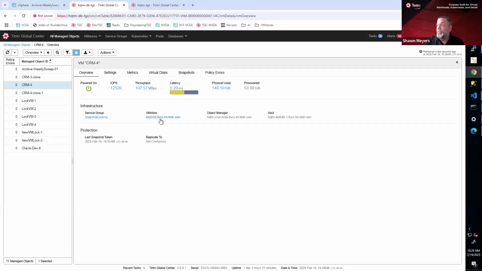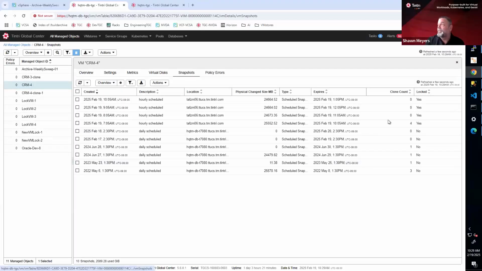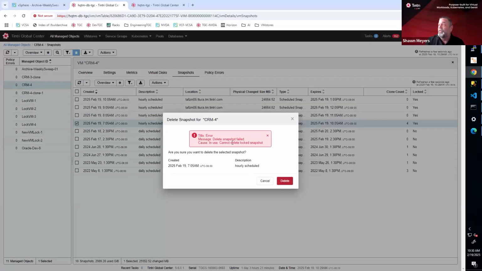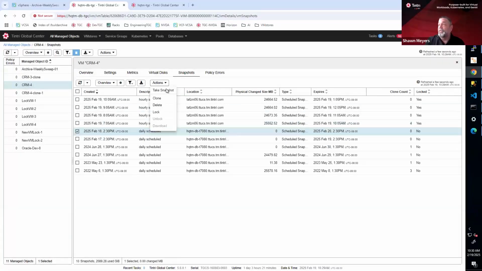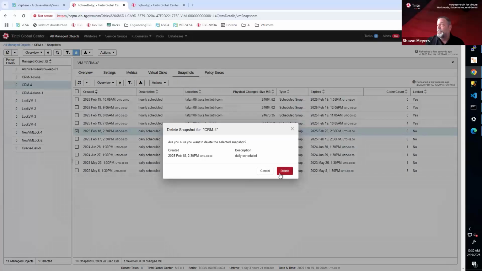If I pick one of the ones on the right, which I did, and go to snapshots, again you can see locked, not locked kind of stuff. The scheduled ones are not locked, versus some of these are locked in different ones. If I go to delete them, obviously it's not going to let me. Right click and delete, it gives me my nice little error saying cannot delete snapshot. Versus if I pick one that's locked, obviously actions and delete, it allows me to go ahead and delete them